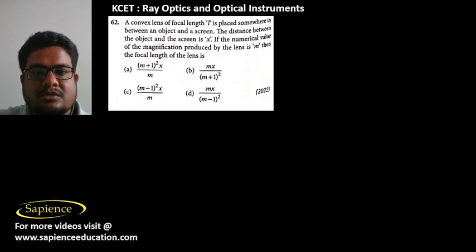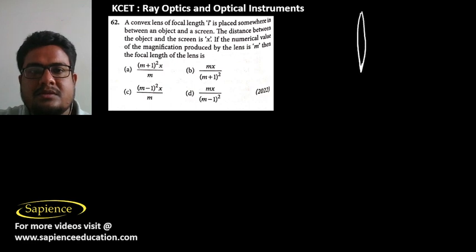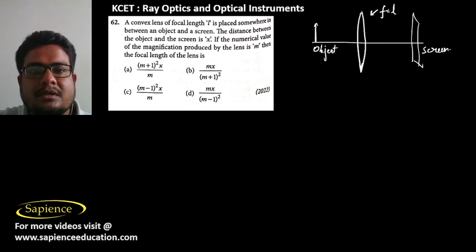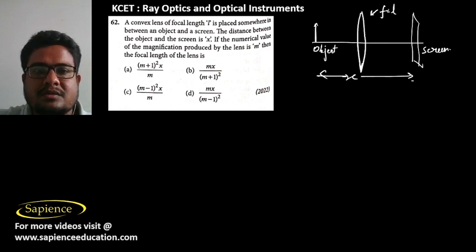Then in question number 62, it is told a convex lens having focal length L is placed somewhere in between the object and the screen. The distance in between the object and the screen is x. If the numerical value of the magnification produced by the lens is m,